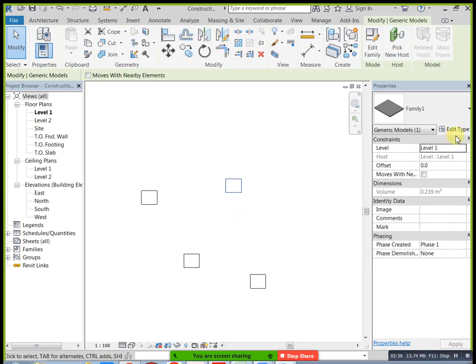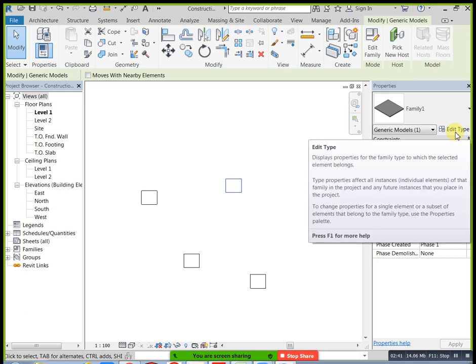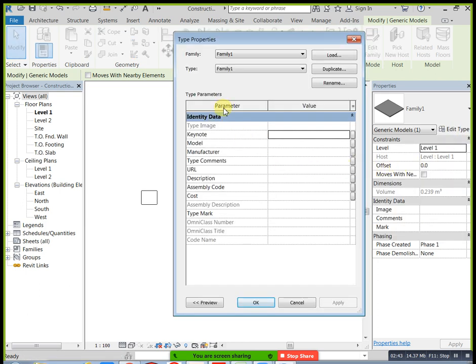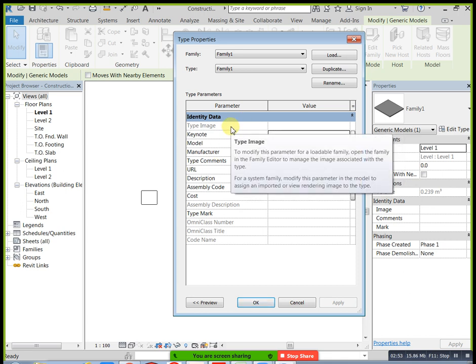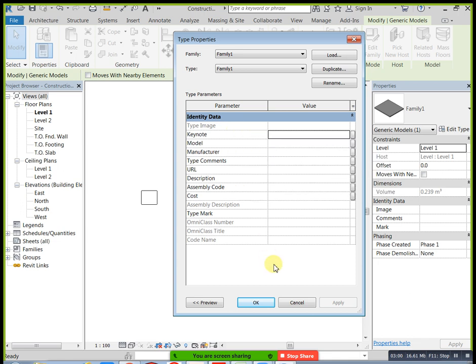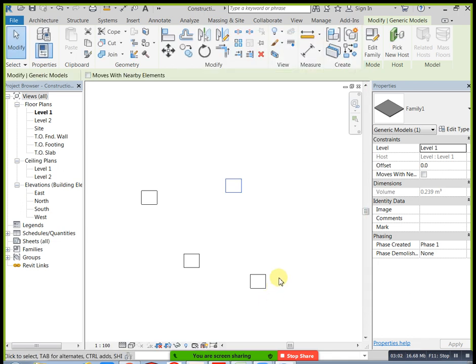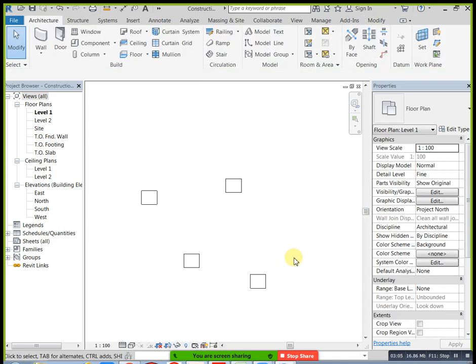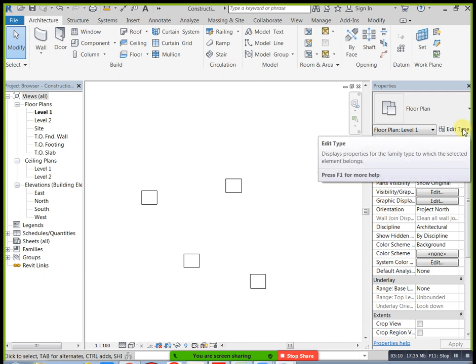Okay, but you can select your object or model. Now go to here, we have Properties. In these properties we have Edit Type here. Go to this Edit Type. In this Edit Type, you can observe this box, focus on this box. Here we have only identity data, we don't have length, width, all this is not there. I need length, width, height also in this box. For that purpose we need to set parameters in the family. When you set parameters in the family, they automatically come here, otherwise they will not come.